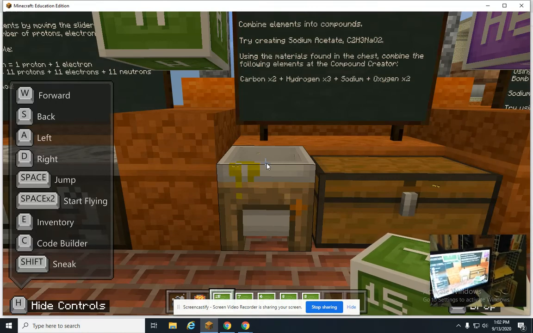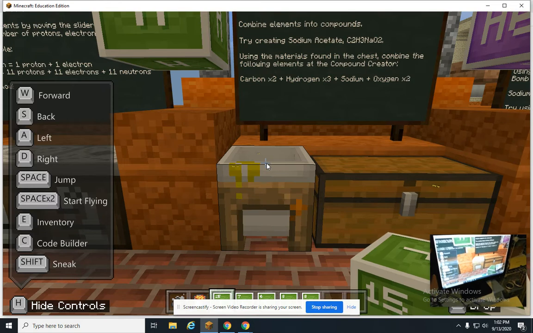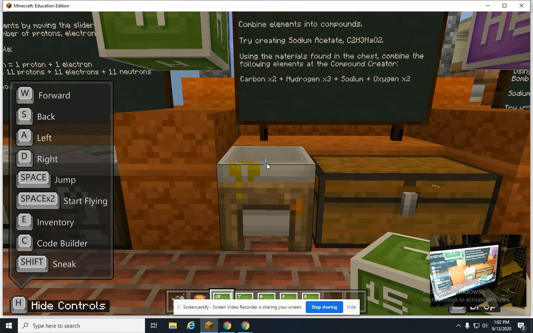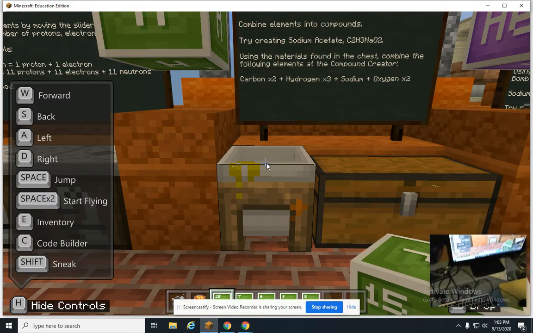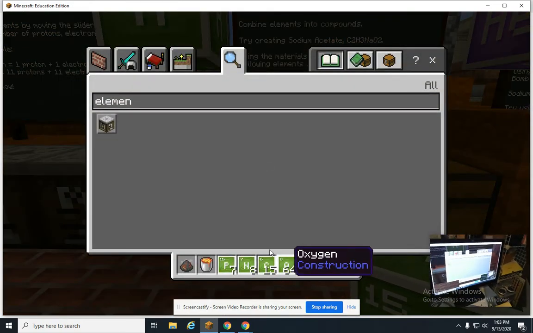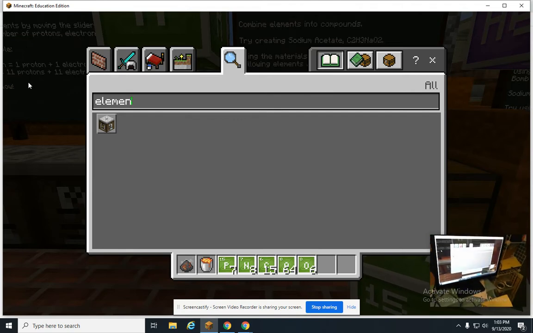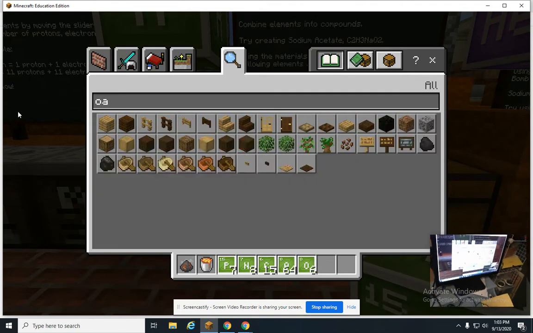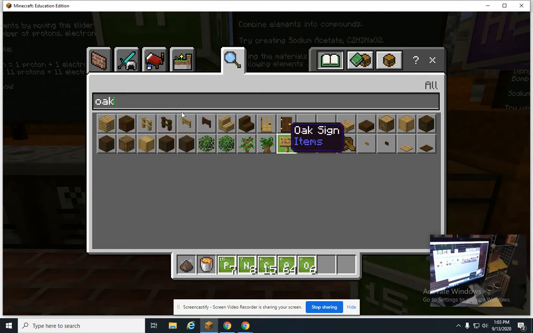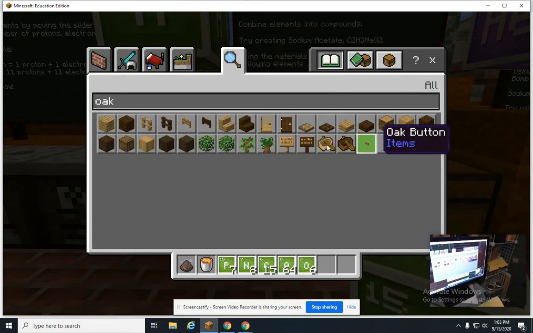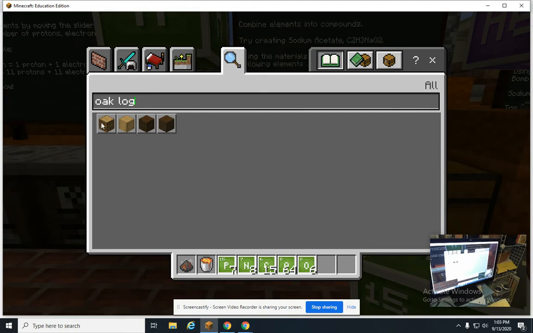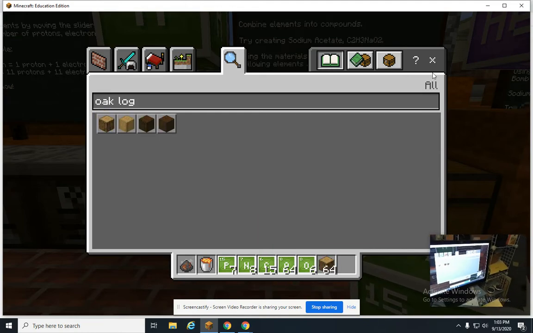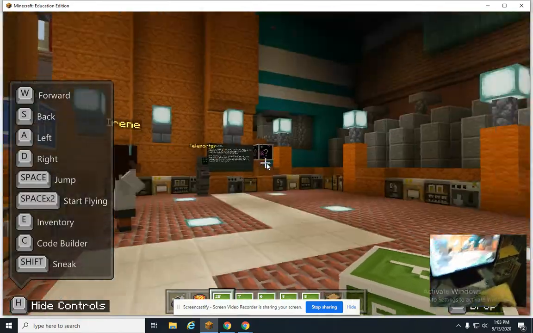And if your assignment is, so this is where it gets really cool. If you give the kids only very little stuff to start with, just blocks of grass and maybe some trees and stuff like that, they can knock down trees. They can take the oak planks. Let's see if we can see what an oak plank would do. Oak planks. I wanted to just, let's see, from a tree. How about a log, oak log? Okay, right there. If I was able to chop down a tree that I provided them,